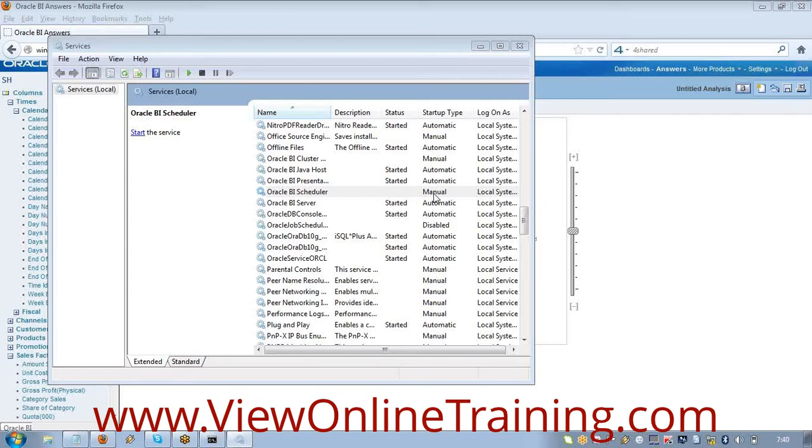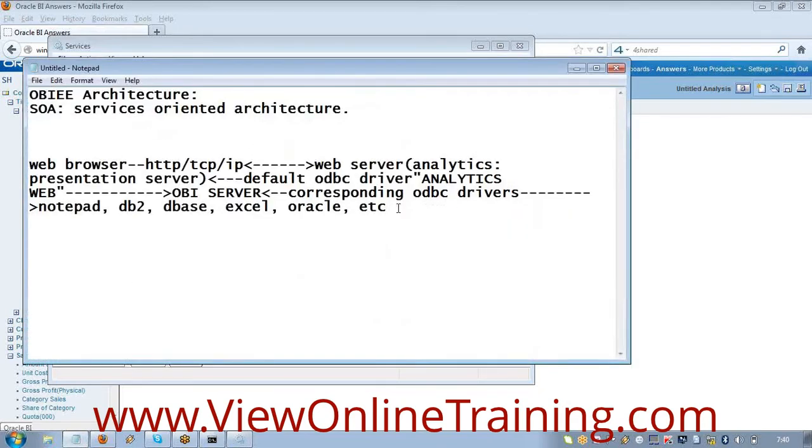But what is the ultimate aim of the Oracle BI Scheduler Server? To schedule the reports. So how does it actually schedule the reports? It creates an agent called iBot. What is that? I'll tell you, don't worry. Your scheduler server creates an agent called iBot. Actually, it is part of Oracle BI Delivers.